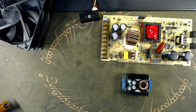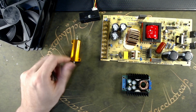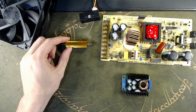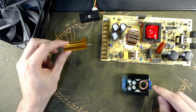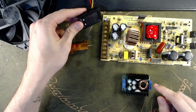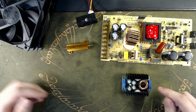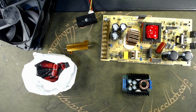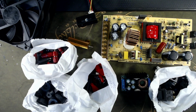So the last item I had at home was this power resistor in an aluminum case, because I want a way to actually measure the current, to see what the maximum is here. So I'm going to put a really low load but high power, and then use the ammeter in our display to check the value, because it's completely analog, so you need a way to visualize that. Then I got some female connectors, rubber pads, LEDs, fuses and alligator clips, some knobs and high current buttons, some potentiometers, a lot of wires, and the most important item,